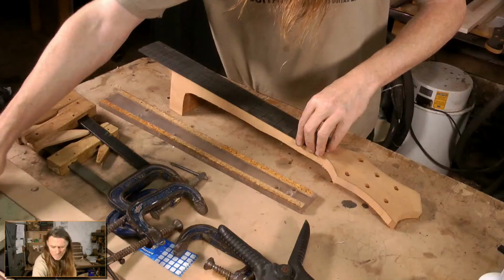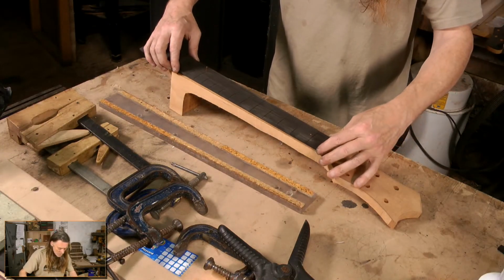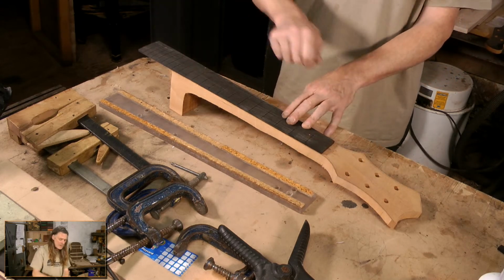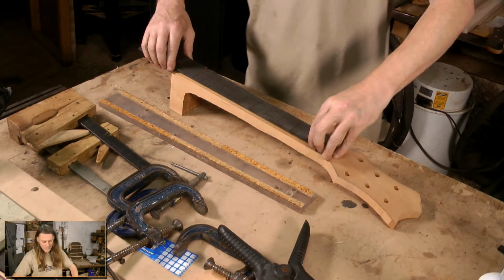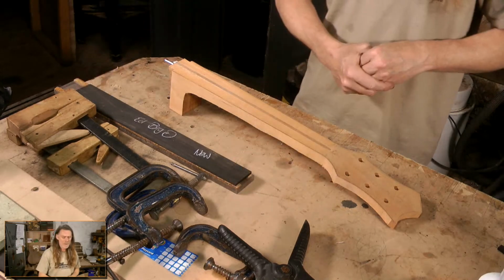So we've done our test run. We know now that that fretboard will drop on exactly in the place where I want it to. And what I'll do is I'll give those nails just another little tap, and then we'll glue it on. Let's go for it. So a couple of things I'm going to use. A